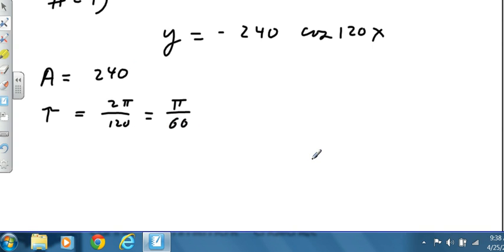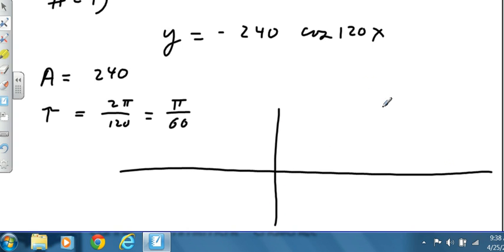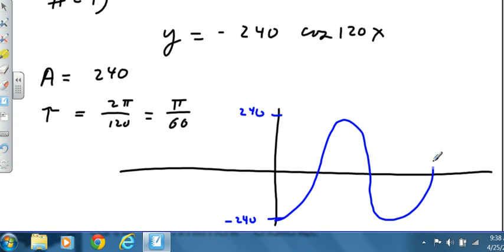Isn't that lovely? And we want to sketch this to 2 cycles. Okay, so because I'm negative, I'm going to start off at negative 240 instead of at the positive 240 guy. So I'm going to start there, and I'm going to go up, and I'm going to go down, and I'm going to go up,